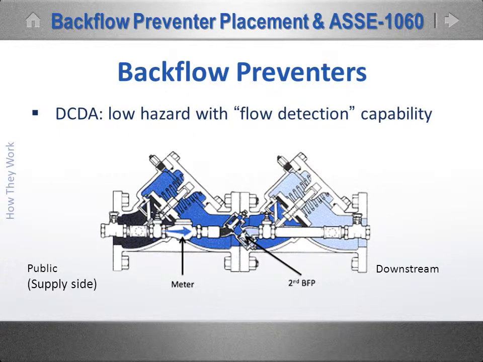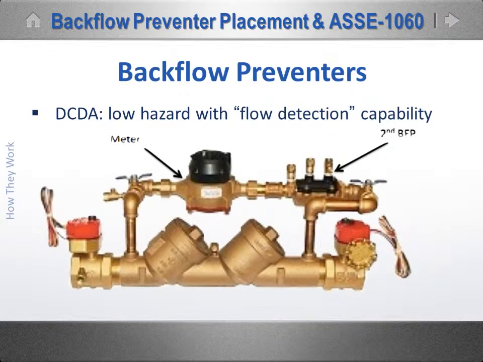Before we move on to the RP, I want to just cover the detector assembly. The detector assembly can apply to either one of the backflow preventers we're talking about today, either the double check or the RPZ. The difference in the detector assembly is it essentially consists of a bypass assembly that piggybacks the primary backflow preventer with a meter in order to detect any unauthorized use of water and/or leaks on the system. Now, mind you, it doesn't provide an accurate measure of water flow since it's such a smaller diameter device, and as it exists in reality,